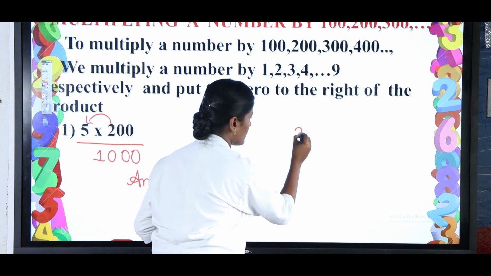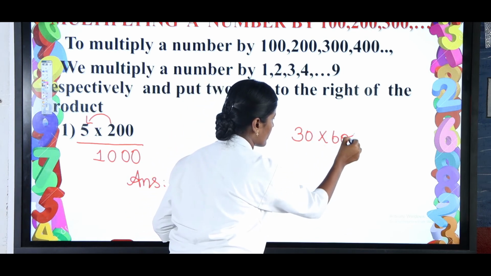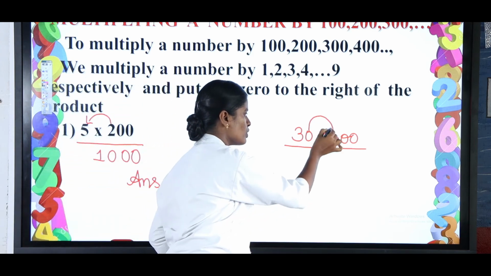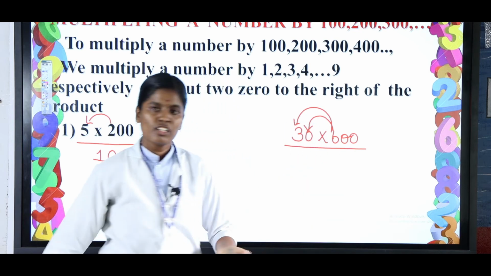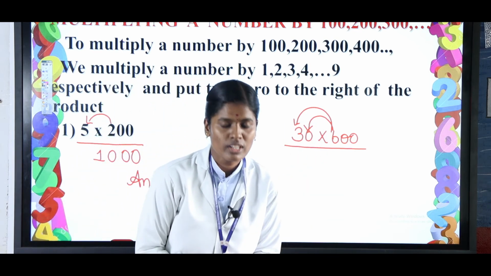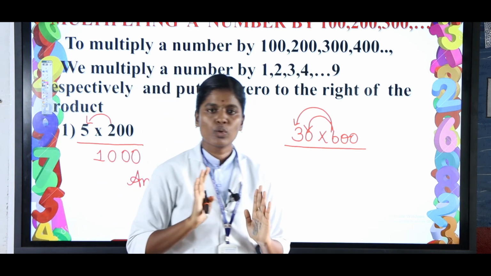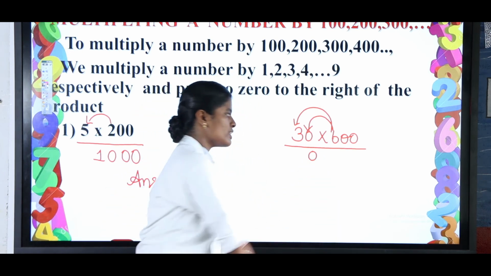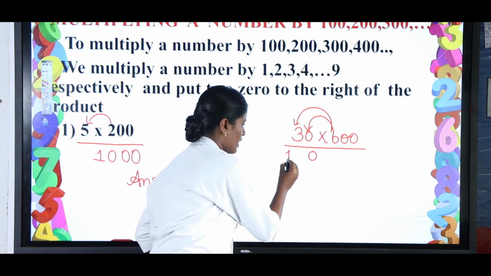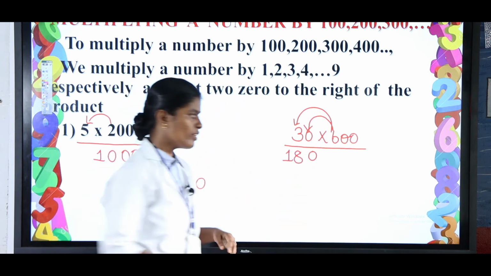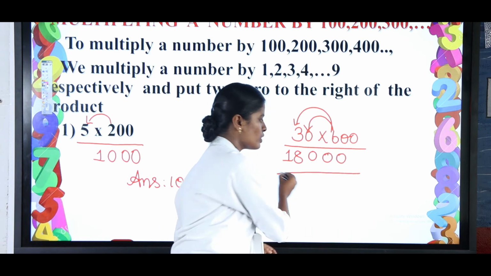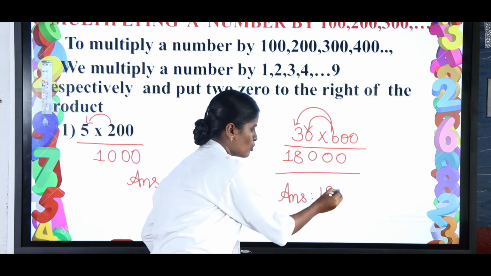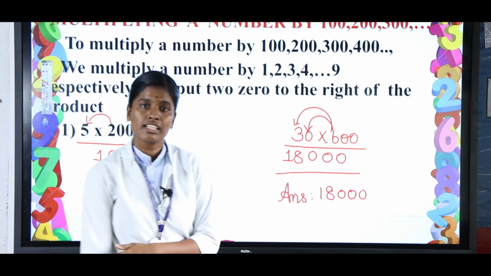The question is 30 multiplied by 600. Now we will take a 6 and multiply by 0, 6 multiplied by 3. So the first one is 6 zeros are. That is 6 times 0 or 0 times 6. 6 zeros are 0. Next you will take 6 threes are 18. And finally insert 2 zeros to the right side of the product. So the final answer is 18,000.